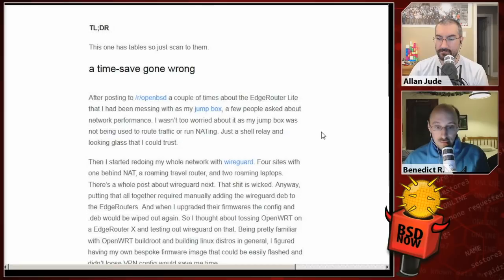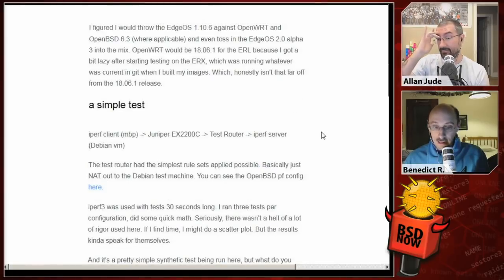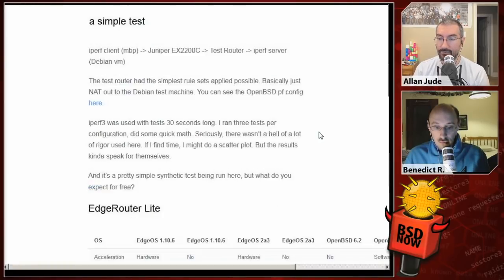So, yeah. It looks to be pretty much everything you need to do it, and they wanted to compare some stuff. So the way they did their test was running iPerf on their MacBook Pro, feeding that through their Juniper EX2200C through the device under test to an iPerf server running in a Debian VM. I'd caution against running network tests that involve VMs because there's all kinds of timing issues, and just virtualized network performance is often not the same as real network performance. But anyway,